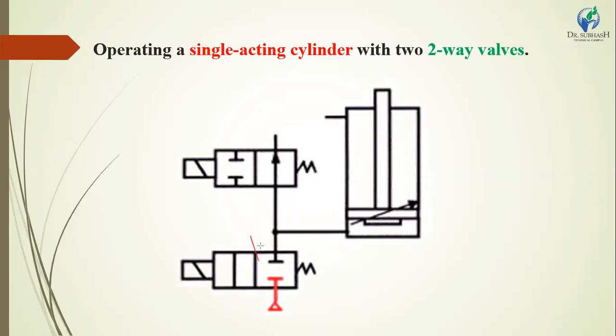First using this position, we have to go by the color code. The first condition we operate, and this condition operates. One is closed and the second is open. So it means that the piston can move upward or downward, meaning extend or retract condition is possible in this drawing.